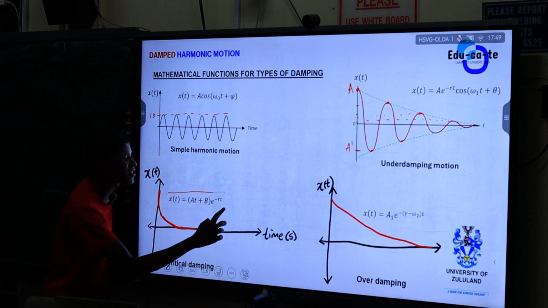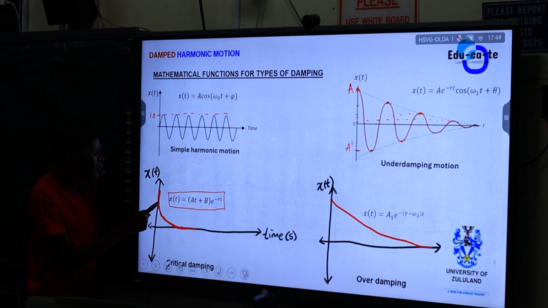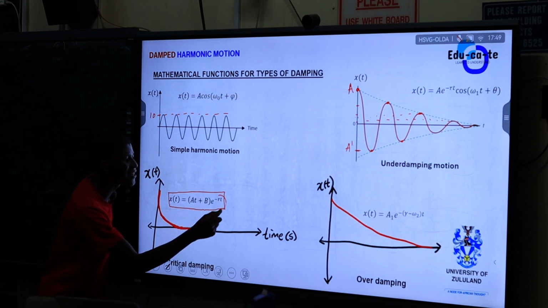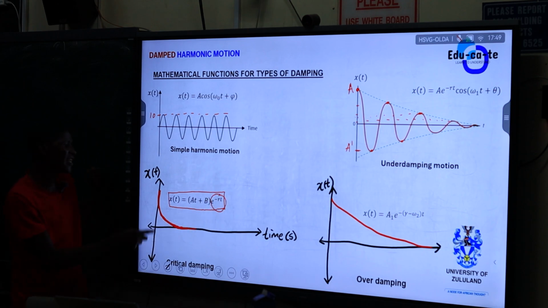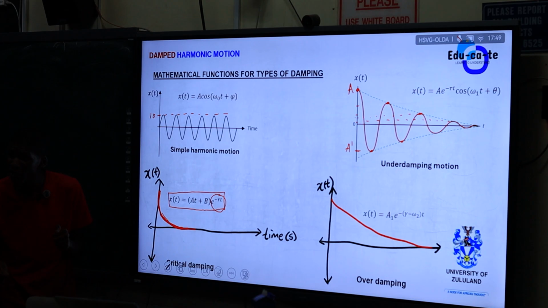This is the equation for position as a function of time. It is going to be what? An exponential decreasing function. We see here e to the power negative rt. This is the factor that is telling us our function is decreasing. But it will happen in what? In shorter time. Why does it happen in shorter time? It is because it's quickly returning to the equilibrium position.